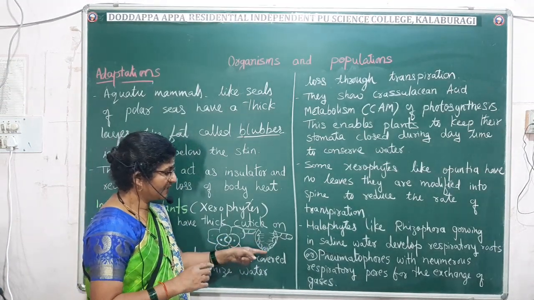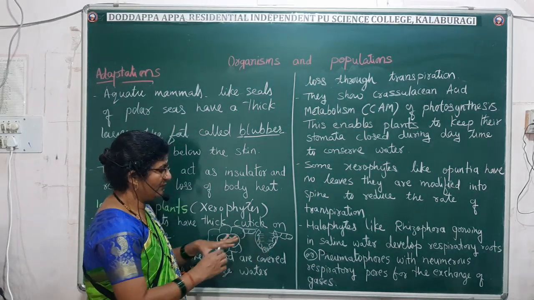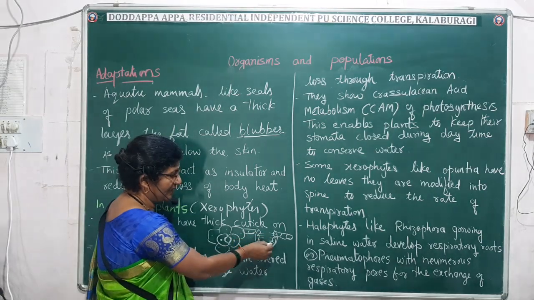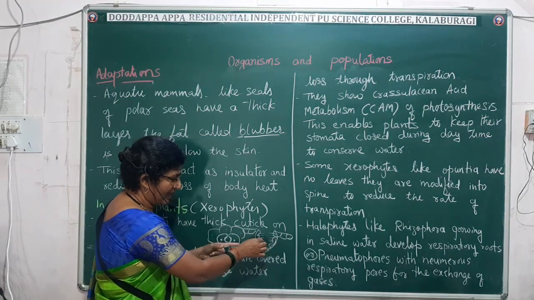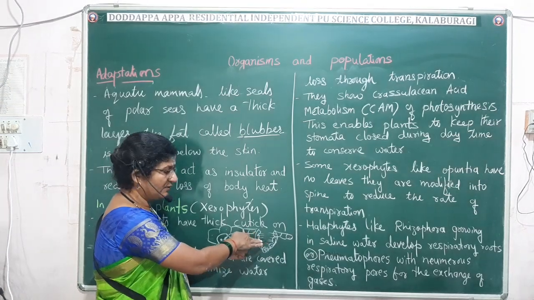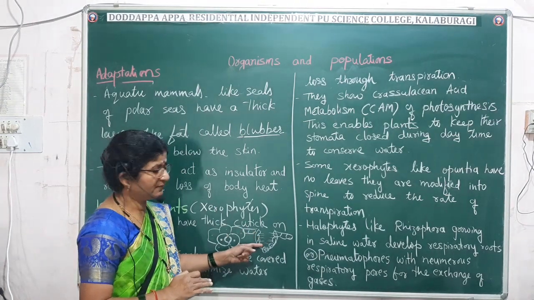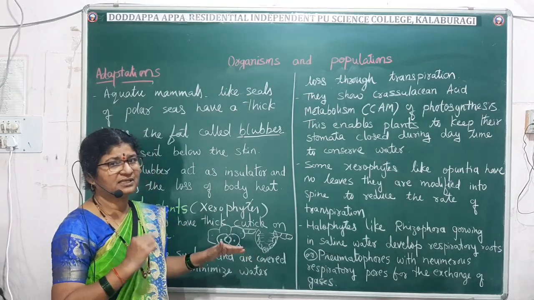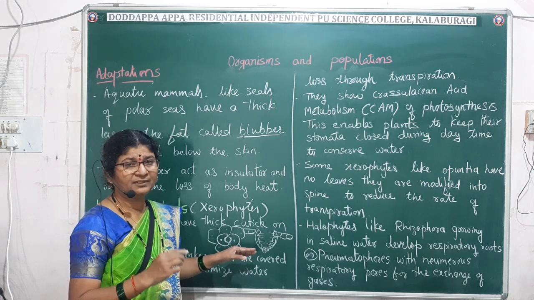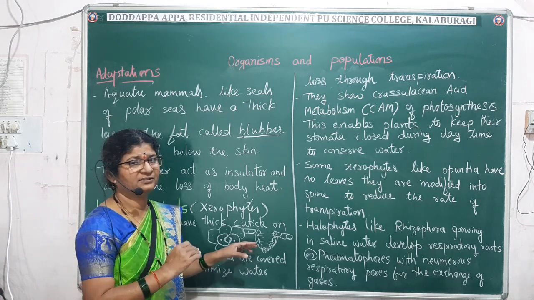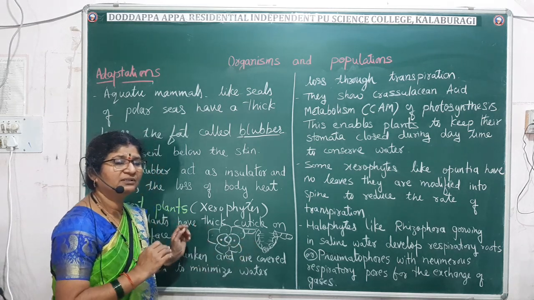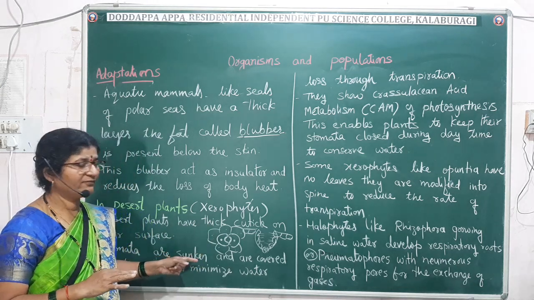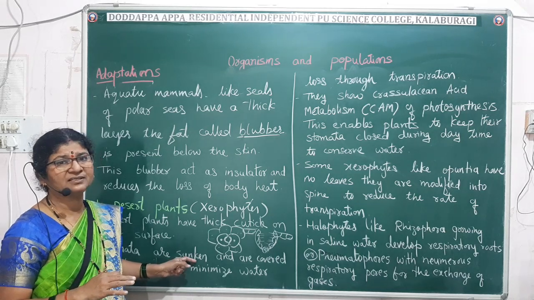The transpiration process will occur through the stomata. When the water is evaporating through the stomata, it is trapped by the cilia in the pit. When it is trapped here, the temperature will be less. It will reach a saturation point. So further loss of water is prevented. That is how the sunken stomata will help to reduce the loss of water in the form of transpiration. So all the xerophytes which are well adapted for the xeric mode of life have sunken stomata which will help to conserve the water.